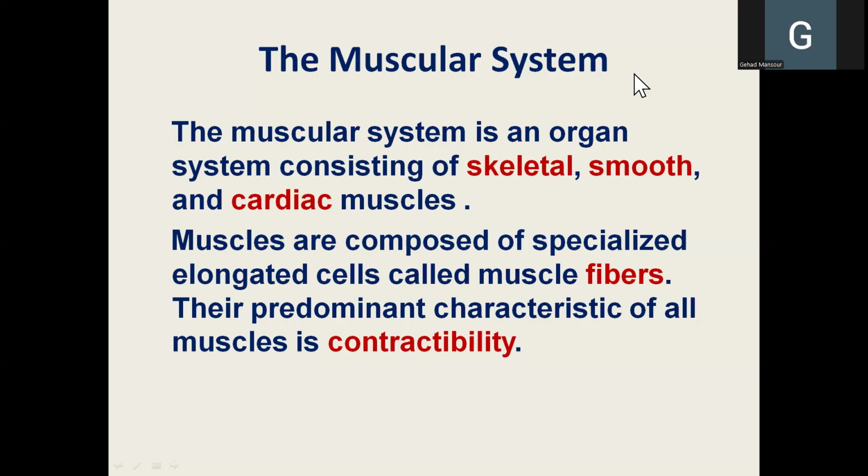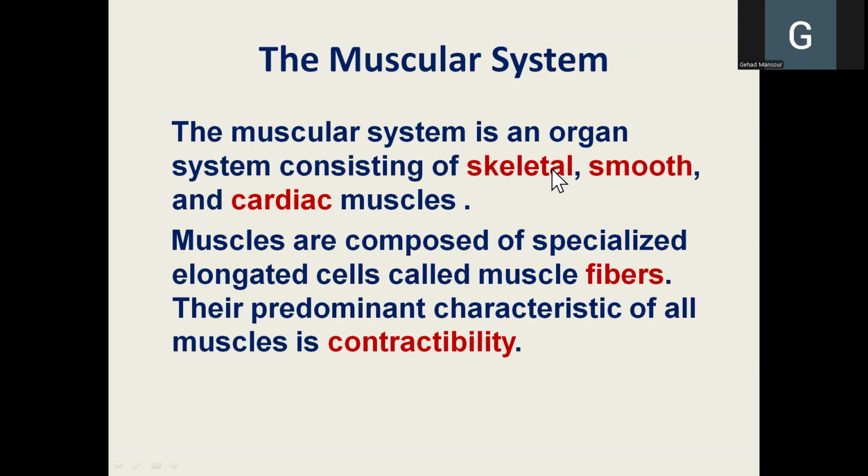And we also have the connective tissue that represents the fourth type of tissues. For example, in case of the biceps muscle, we have the epimysium that covers the whole muscle. And then we have the perimysium that surrounds the bundles. We have the endomysium that is present in between the individual myofibers.